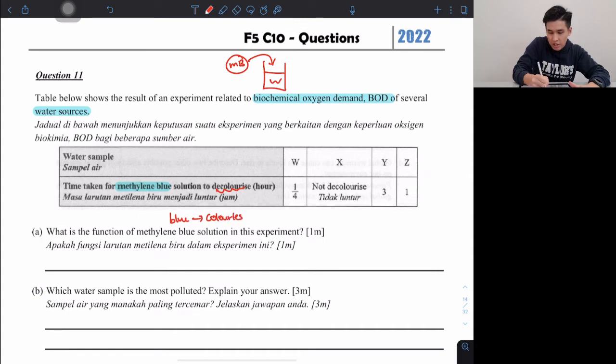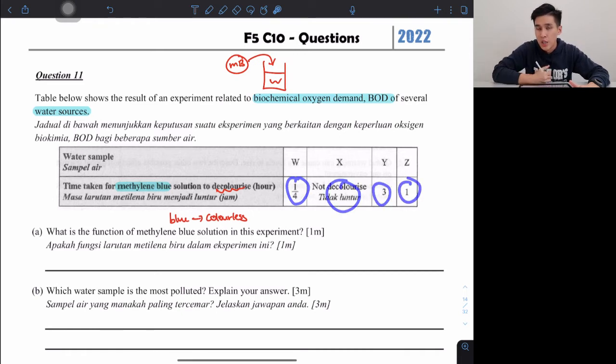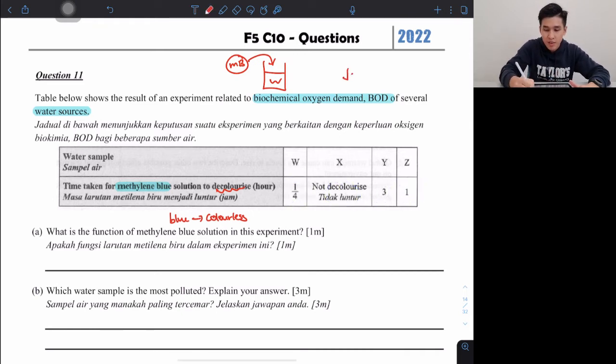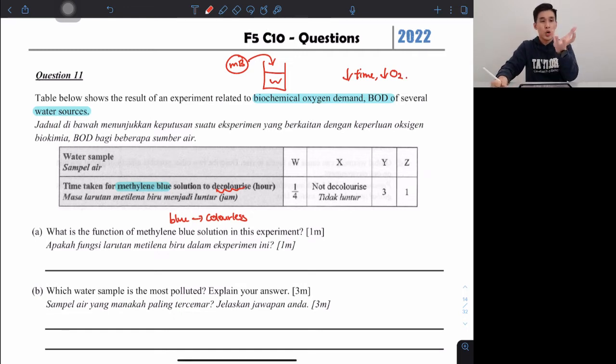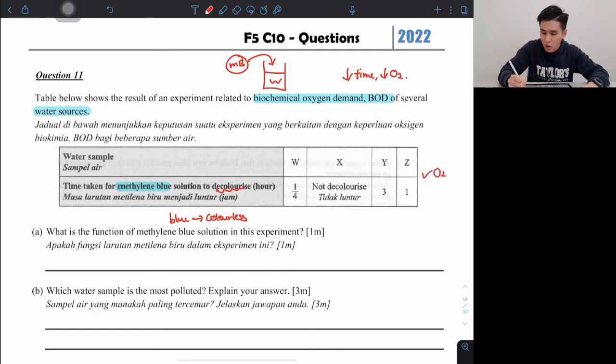Now you can see here, different water samples use different time to decolorize. So you just remember, the lower the time taken, means faster the time taken, there will be lesser oxygen in it. Because methylene blue will remain blue if there's oxygen. Means oxygen makes the methylene blue remain blue. Means when it reacts with oxygen, it will produce this blue color. So therefore, when there's lesser oxygen inside it, it will become colorless very quickly. Or if there's no oxygen, it decolorizes even faster. So you remember, got oxygen, got blue color,